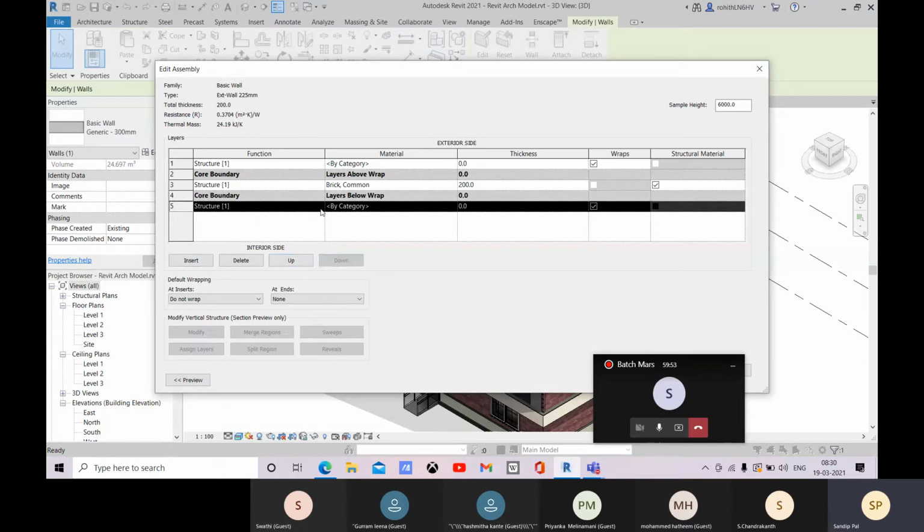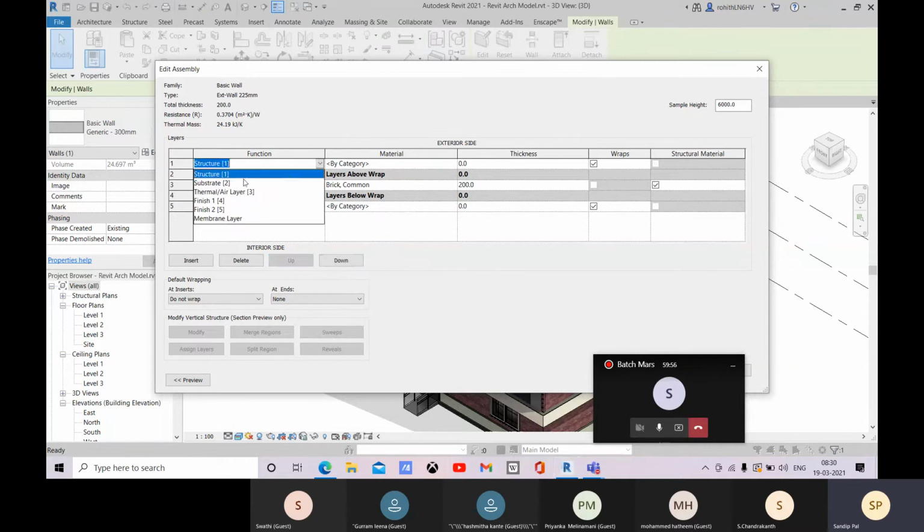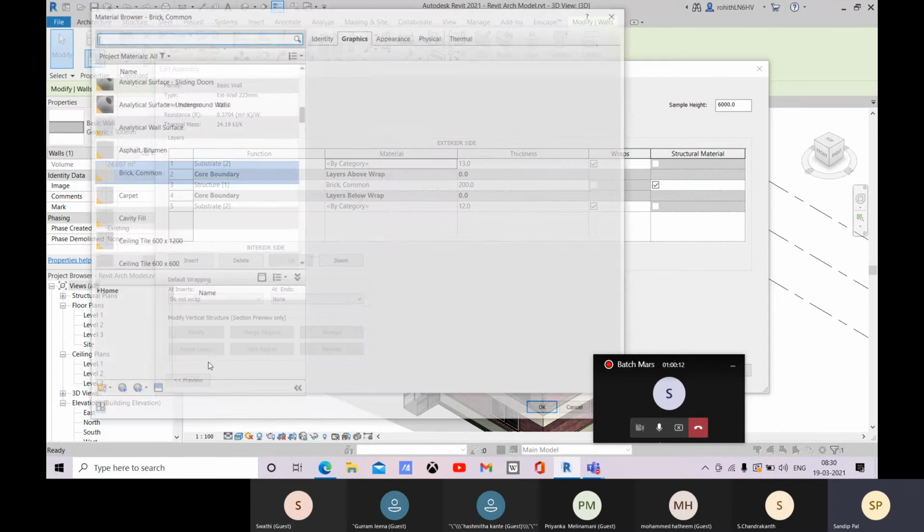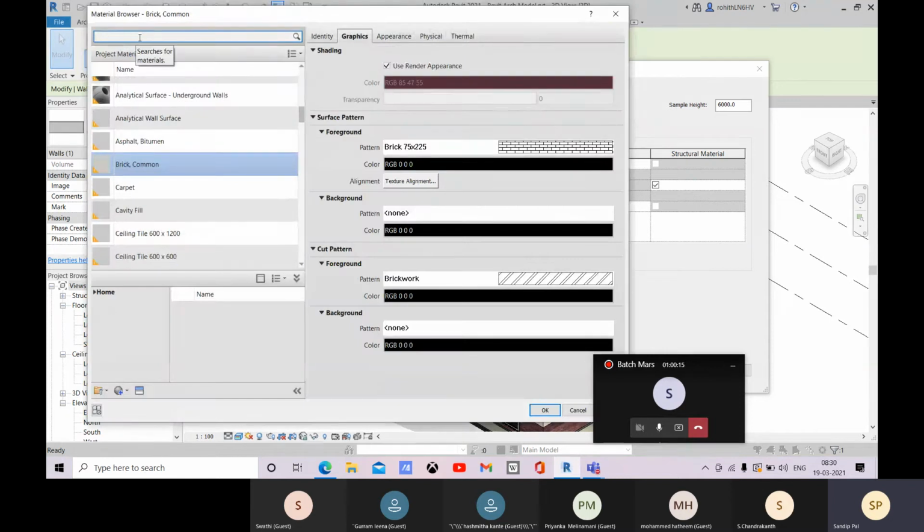Let me insert this down, and it will be substrate 2, and there you can mention plaster, and it is to the exterior side. So let me define 13, and let me define here 12. Okay, and come to this material option there, and there you can search for plaster, or here I think you will be getting it.